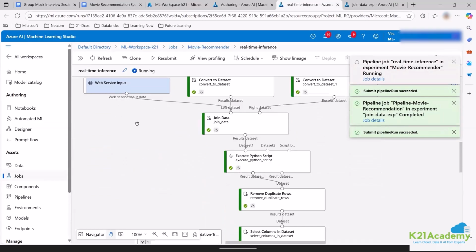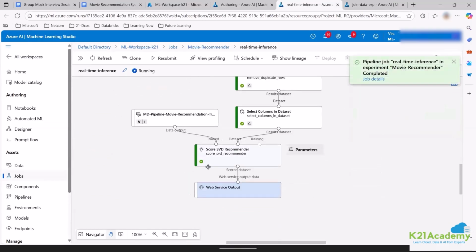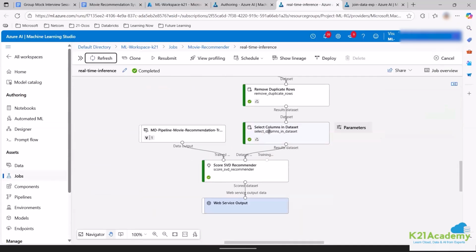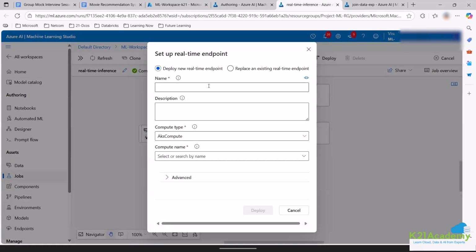Here I have just executed it. This is just going to run. Nothing is going to happen right now. What is basically going to happen after this if I refresh? Okay, everything is executed. Right now there is no input output. I'll just click on deploy. Now it is going to ask if you want to deploy it as a real-time endpoint. I'll just say yes. The moment I say yes, it is going to deploy it as a real-time endpoint